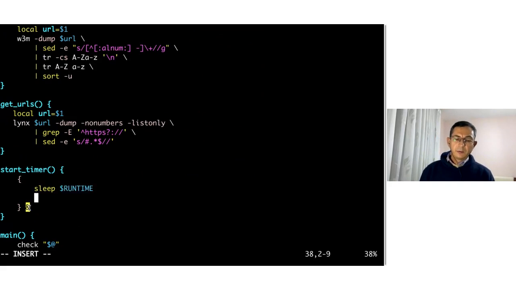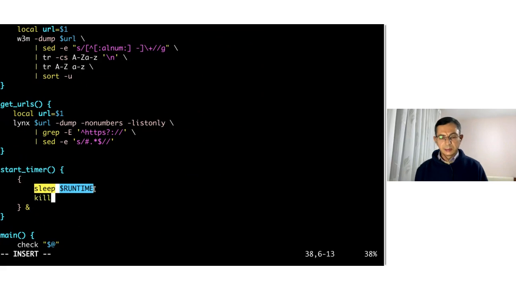But because of this ampersand, this is going to happen in background, and the rest of the script will continue to execute. When the sleep command is finished, then I can continue with stopping the script. And how do I stop the script? I stop the script with kill 9